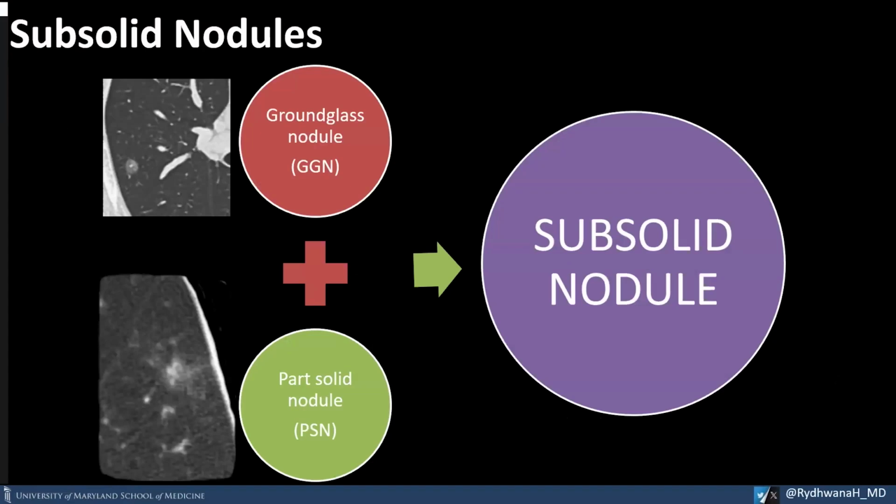So we've talked about different internal contents of a pulmonary nodule. Let's talk about what a subsolid nodule is and the category of that. So ground glass nodules, what are they? Ground glass nodules are nodules in which you can essentially make out the vessel within the nodule itself. And a part-solid nodule is when you have both a solid component as well as a ground glass component of the nodule itself. So this is a category of subsolid nodule.